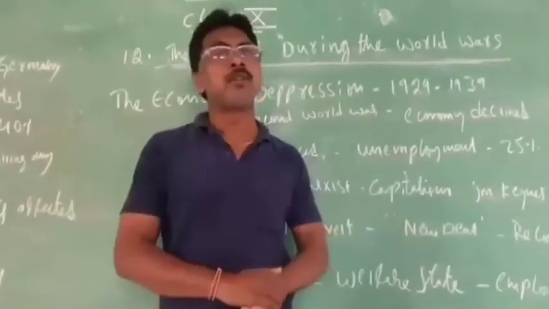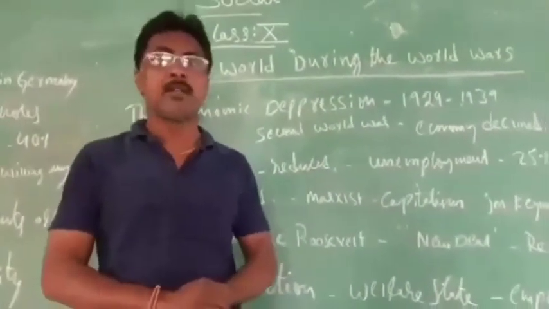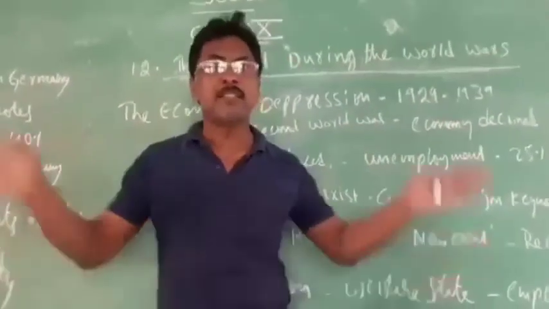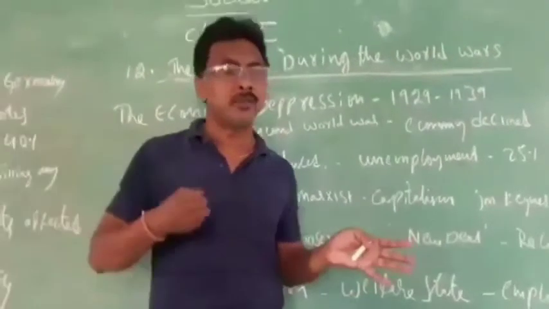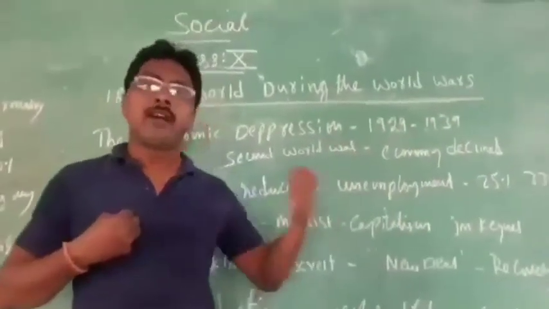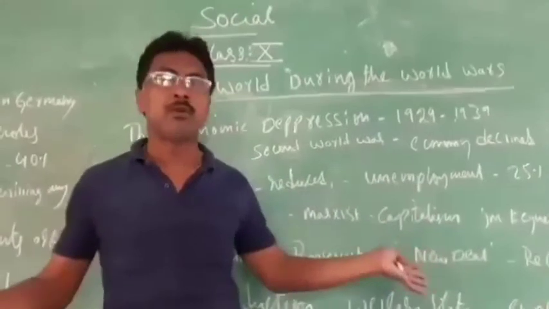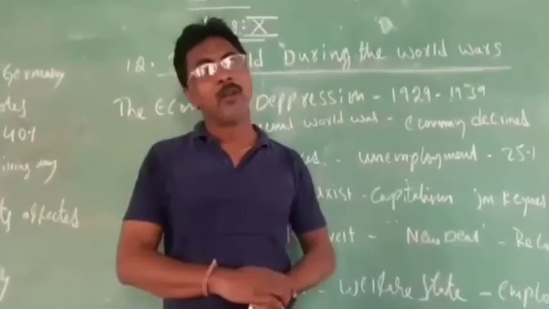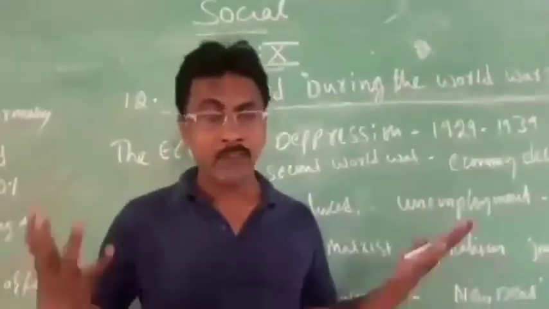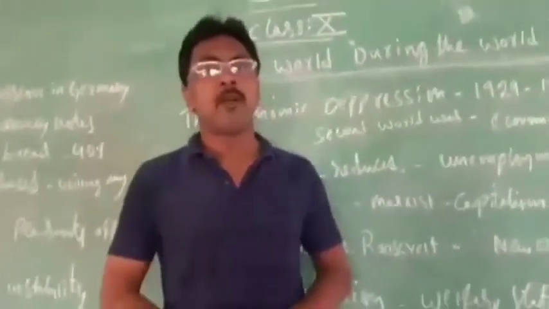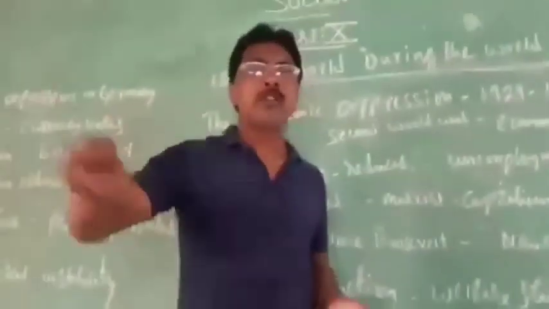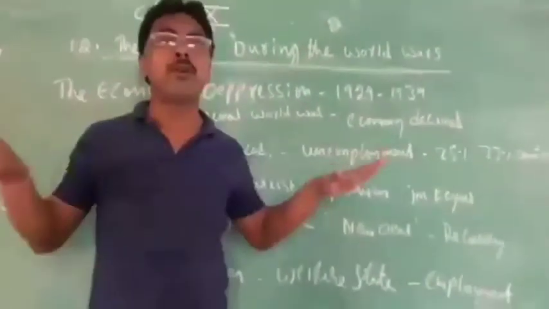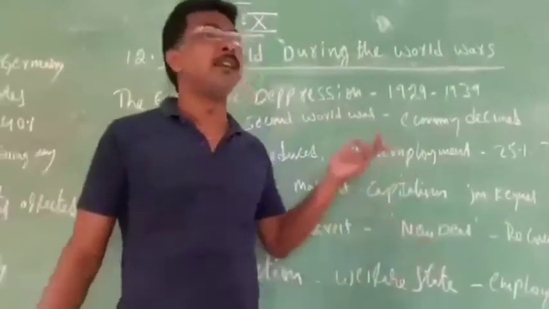I told you about Lenin in the previous class. Why? Because he said I'll do nationalization of lands and nationalization of factories. I'll take all the lands and all the factories to the government. So everybody believed and joined the Bolshevik party, that is the Labour Party, and he got a victory. After the victory, Lenin occupied all the lands and factories and made it a nationalization government. All are equal, and he developed.